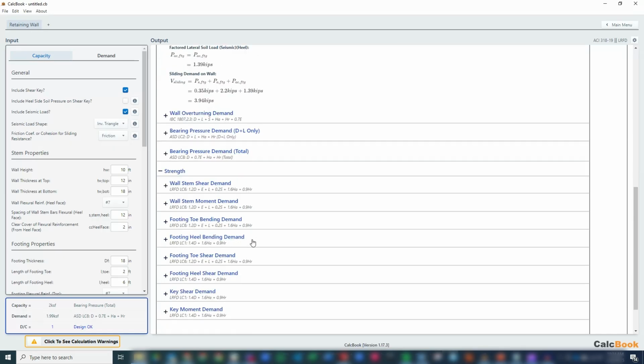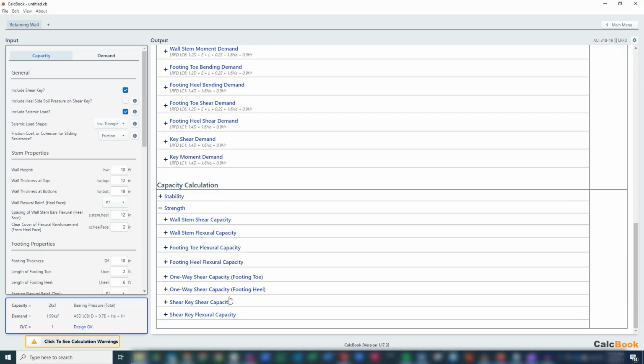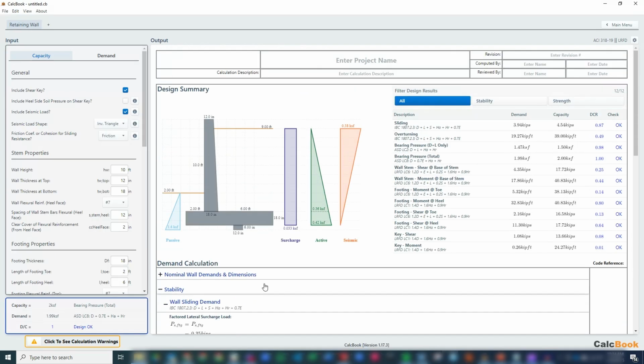And then we have the same thing for our strength calculations. And then on the other side, we have our strength and stability calculations for the capacity. So that is just a quick overview of our new retaining wall design